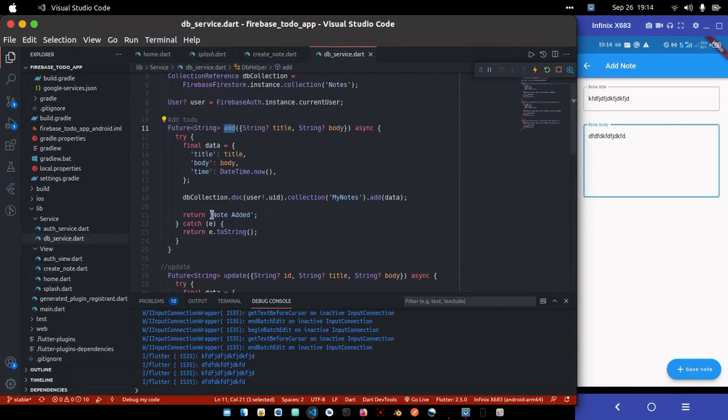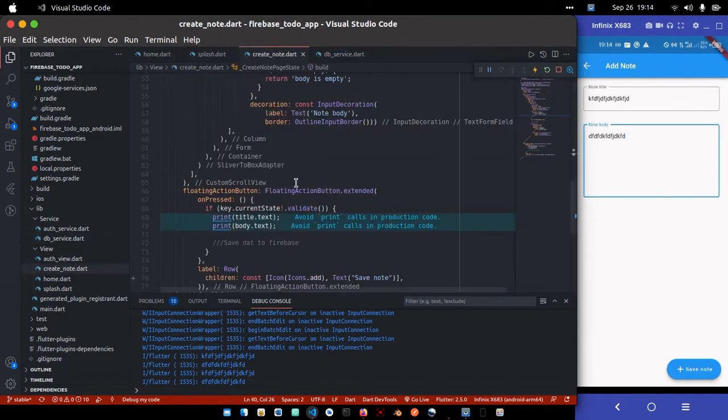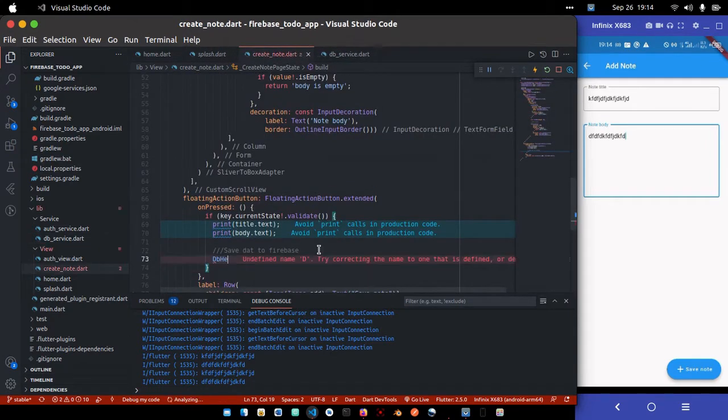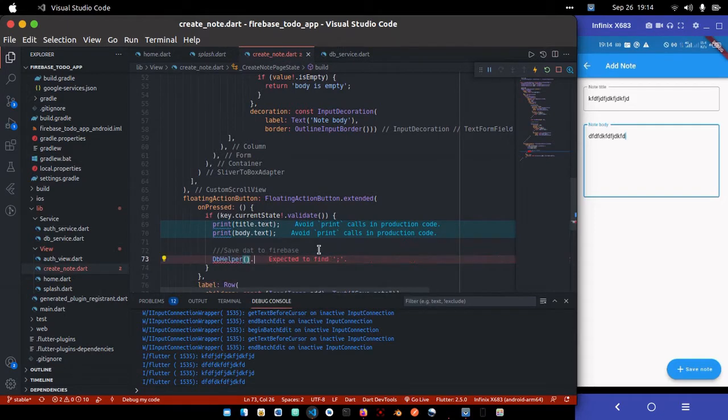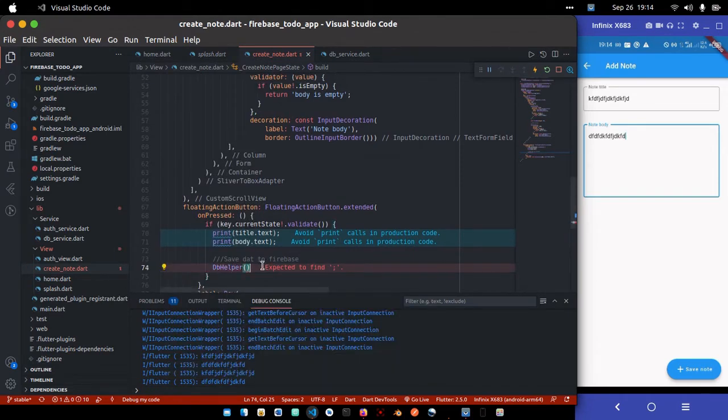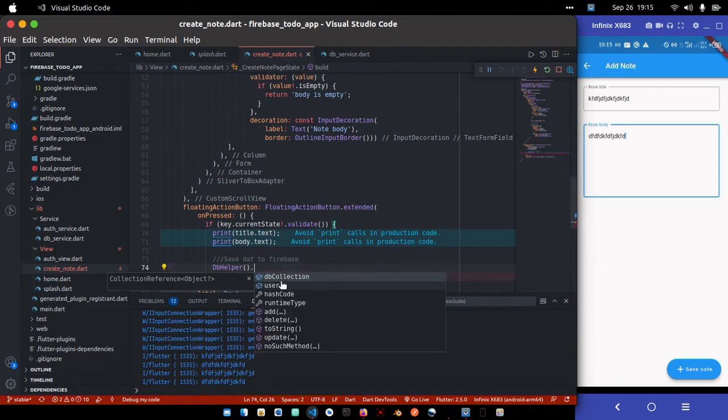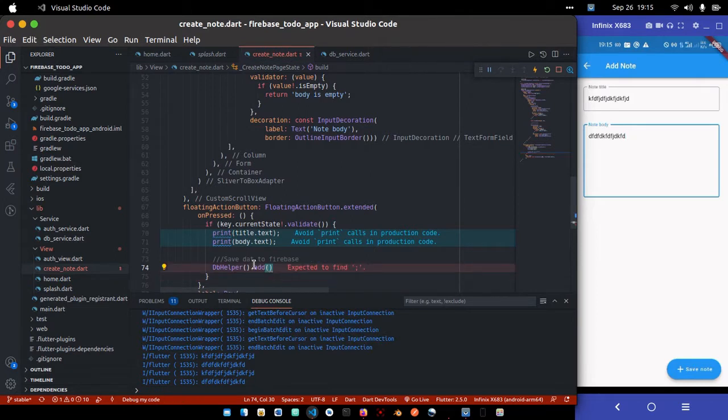So I also copy this node added. Okay, copy that stuff, and remember it's DB helper. That's the name of the class. And now we have access from the class. We have access to all its methods. So here you can see we have add to do, delete, and update. So I'm going to use add, and now, if you hover on it, it only needs two